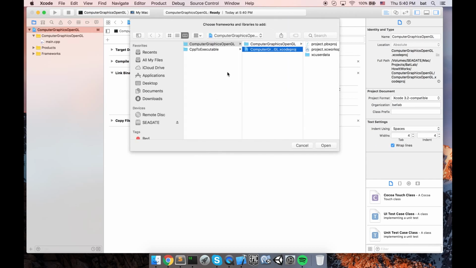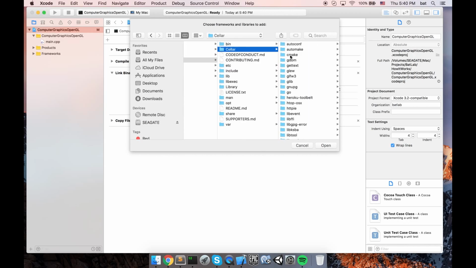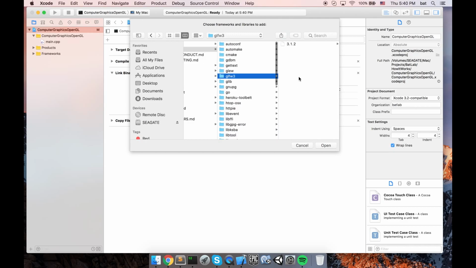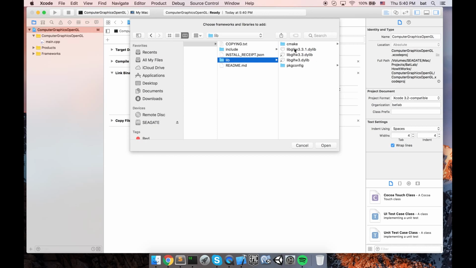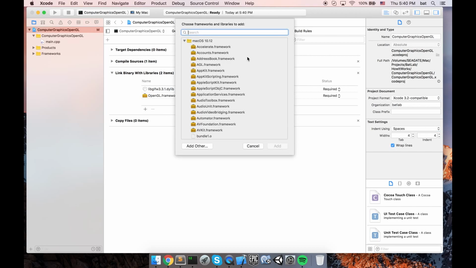First library, it's like Shift Command G and go to path. Local, and here we have a folder Cellar, and in the Cellar folder we should have glfw3 3.02 libs, and we can include the first one here, and we're going to include the library called GLEW,